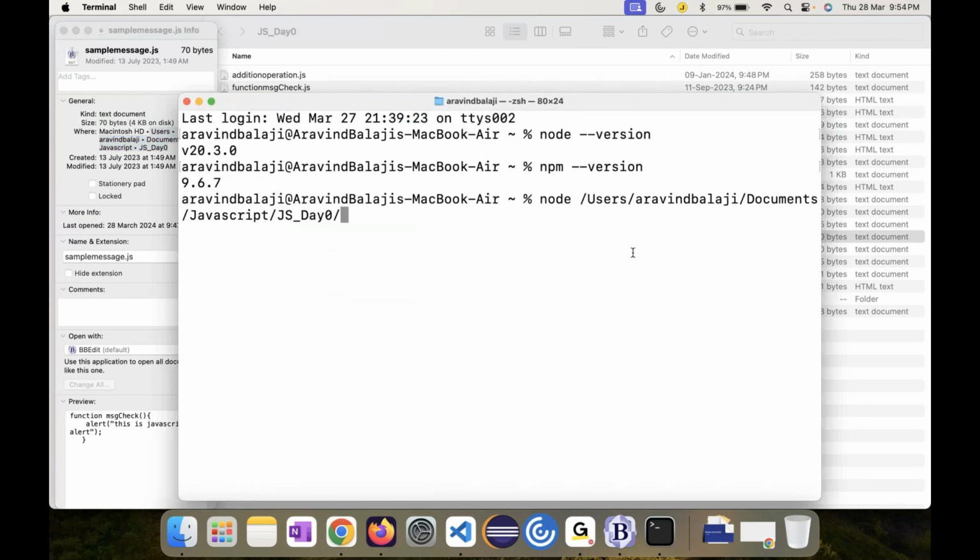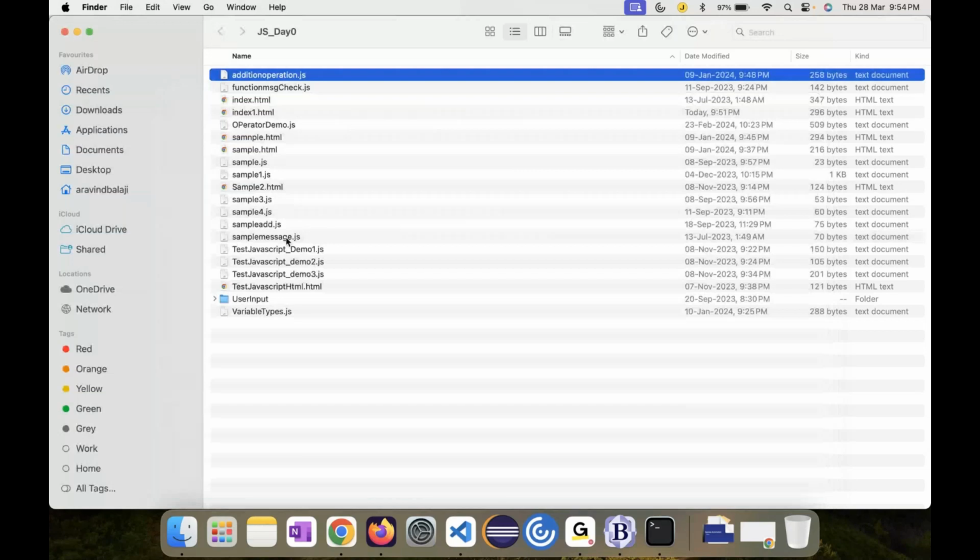So you can see sample message.js and click on enter. So you can see nothing happened. So why did nothing happen? Let's try to open the sample message.js and check it,